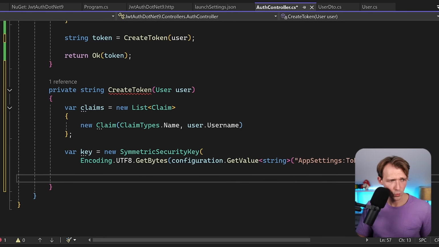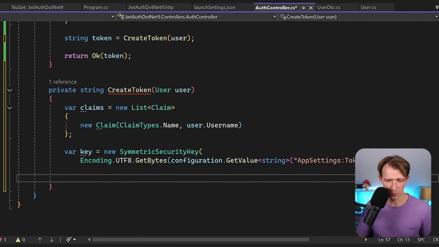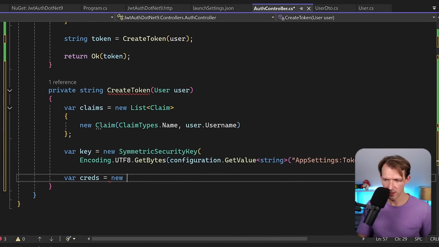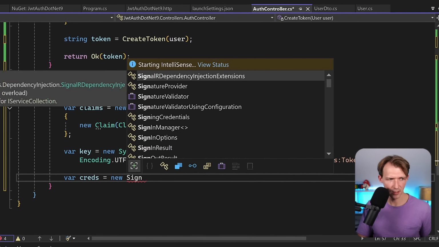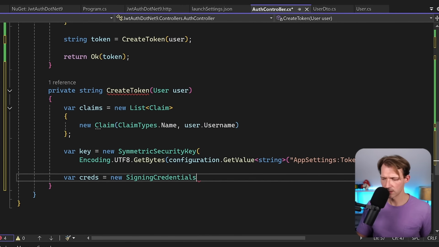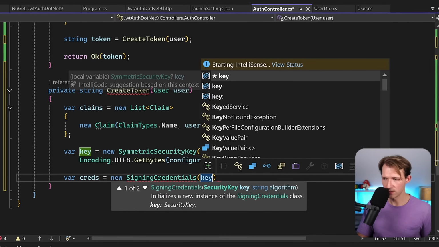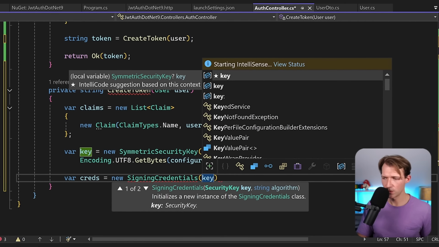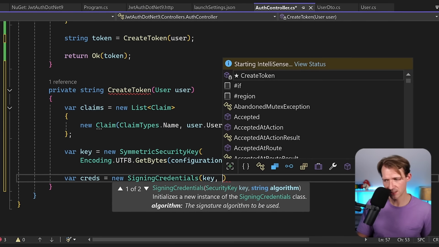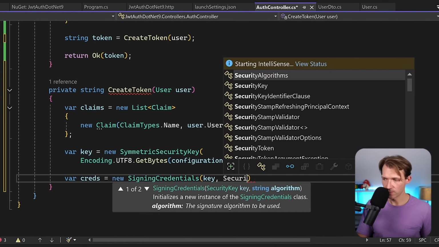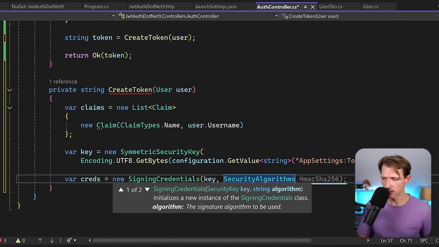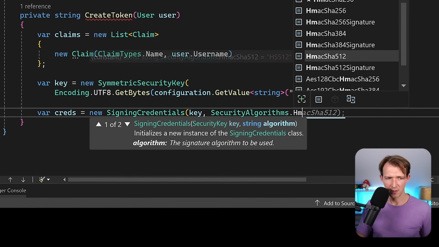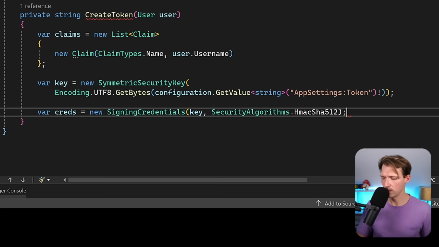All right, now we need signing credentials. So what's that? Var creds, let's say, this is the typical way. And here we say new signing credentials. Yep. And for that, now we need the key for our new instance of the signing credentials, and then also an algorithm. And you can choose, in essence, whatever algorithm you want. So for instance, security algorithms, yep, and then HMAC SHA, but I want the 512 one, maybe a bit more